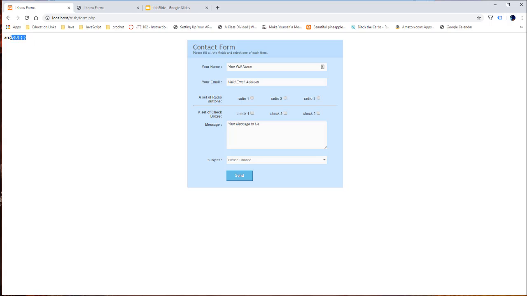When I go to my locally hosted page, and we're now on form.php, we can see there's this thing up here that says array 0 and some curly braces. This is our post data array. Since we have not submitted anything to the form yet, there's nothing in this array. If I hit the send button right now,